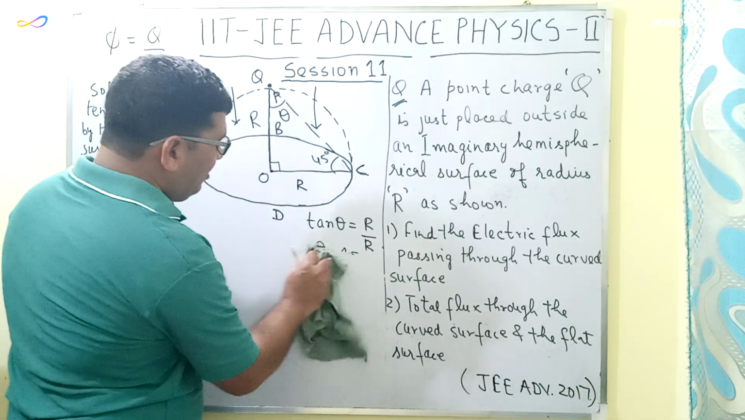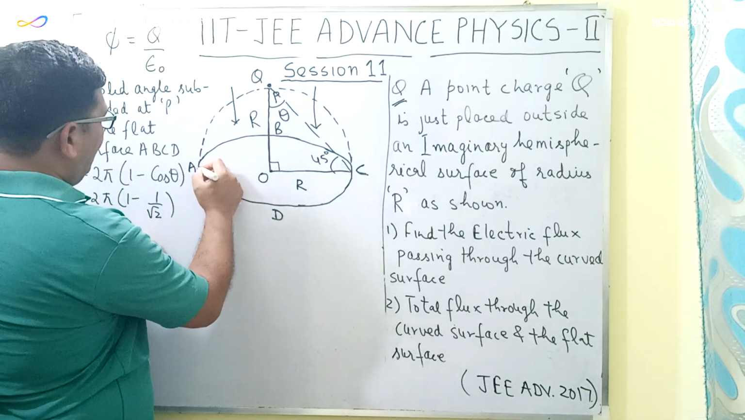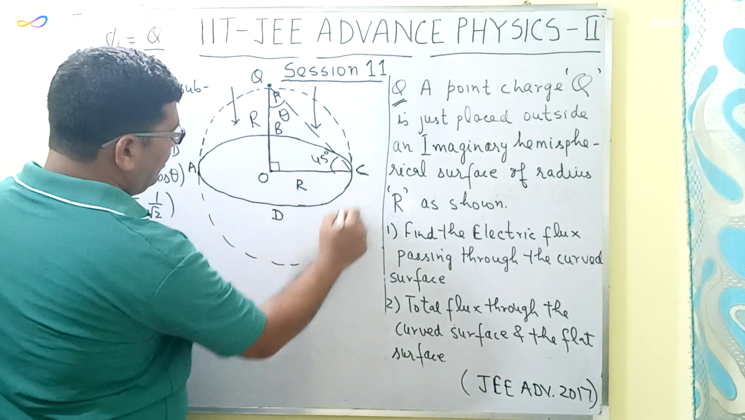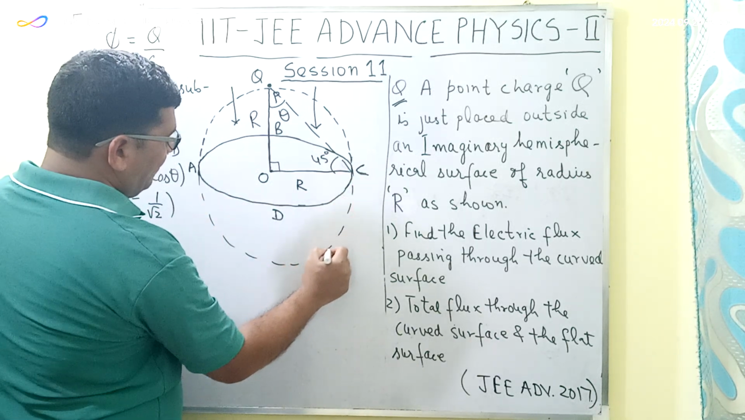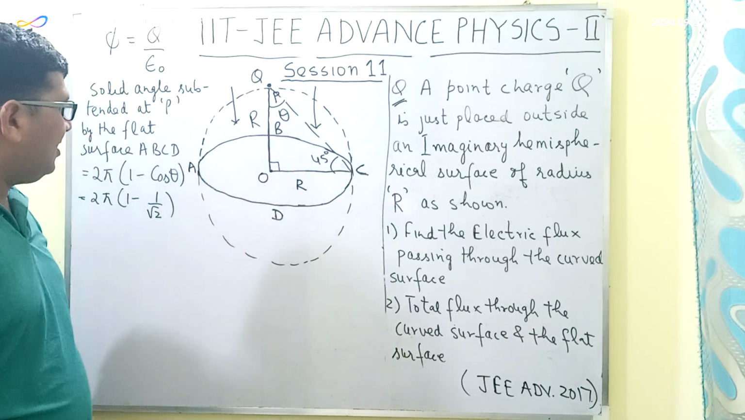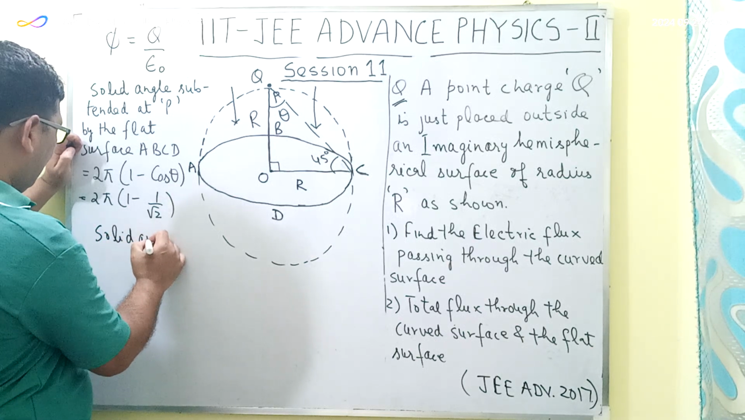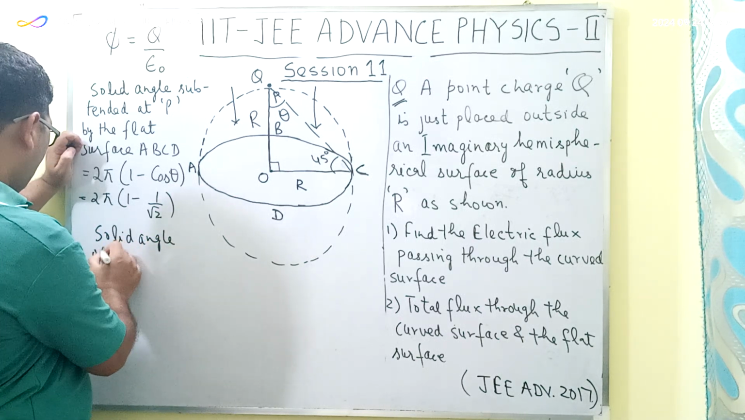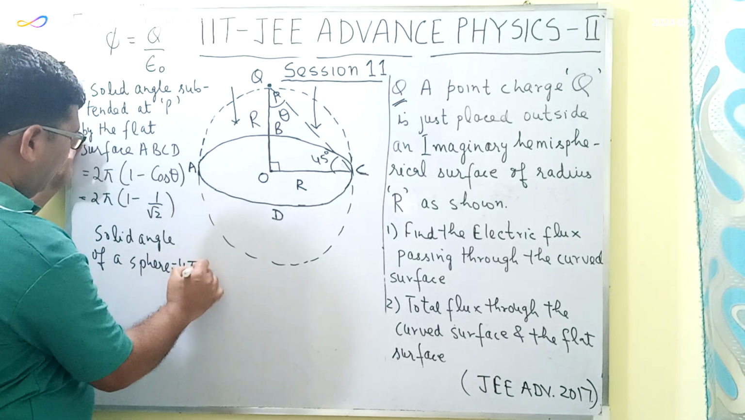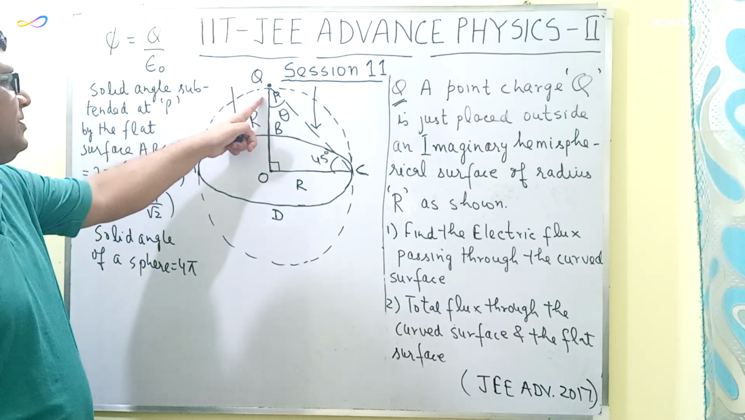Now let us construct one imaginary sphere with this flat surface ABCD. Now the solid angle of a sphere is equal to 4 pi. So now the flux due to this charge Q which is just placed outside